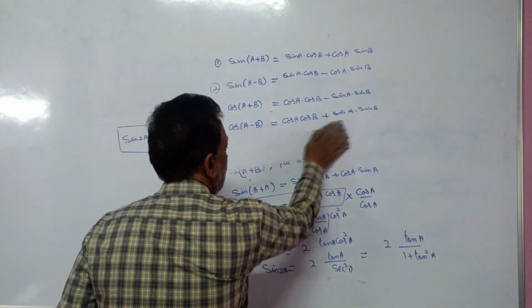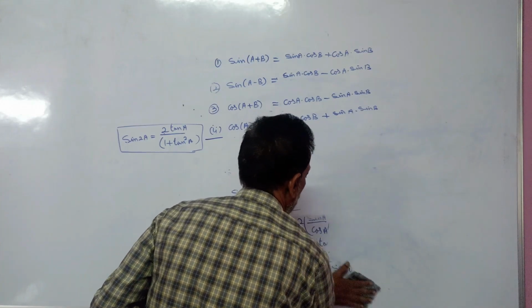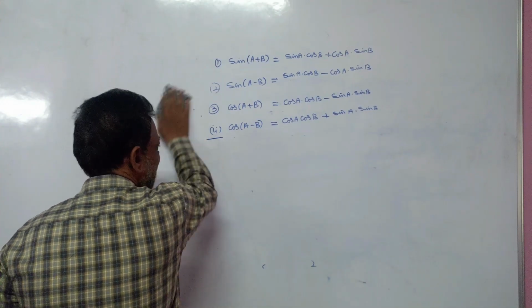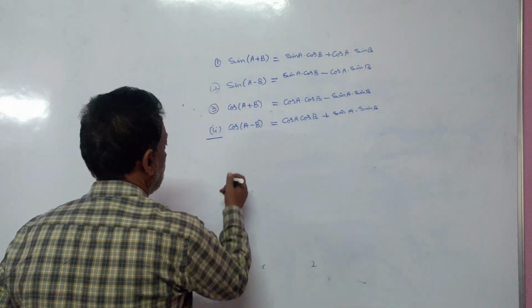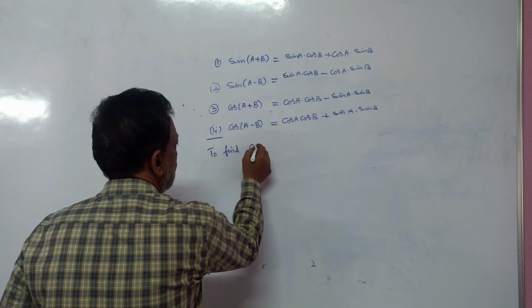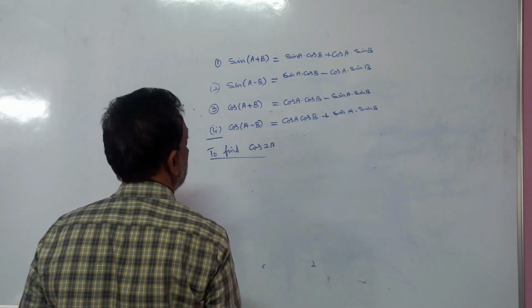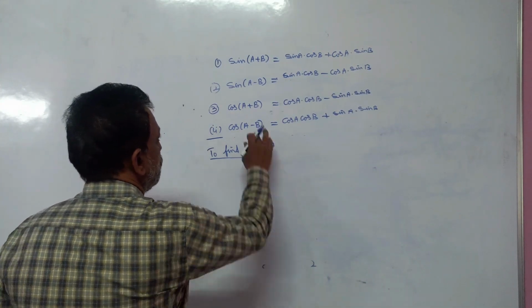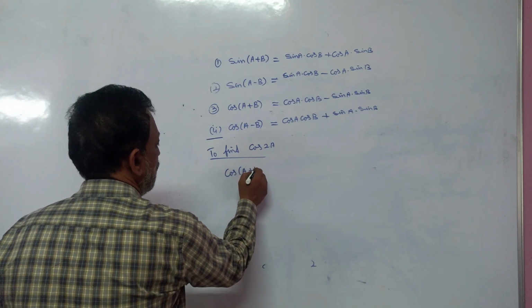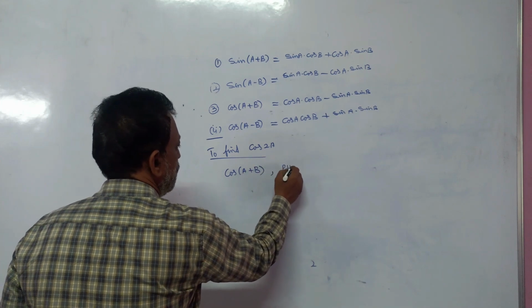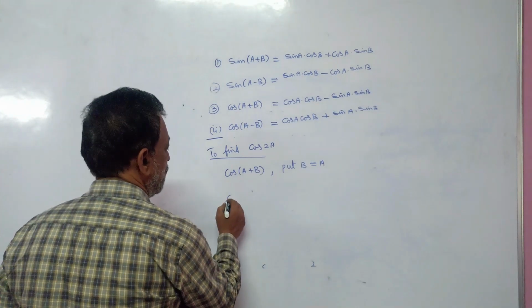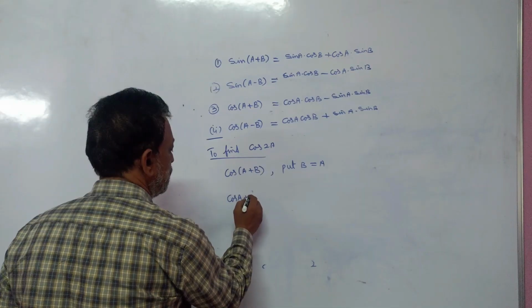Law. Right. Cos 2A. How to find cos 2A? To find cos 2A, cos(A plus B). Put B is equal to A, then what can I write? Cos(A plus A) is